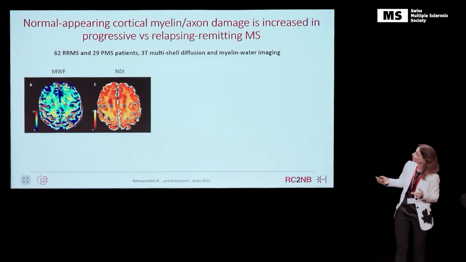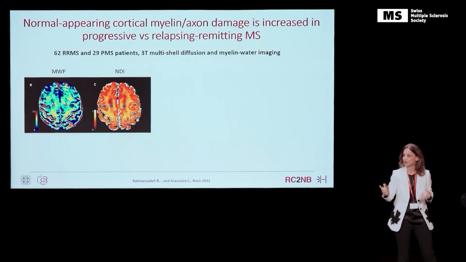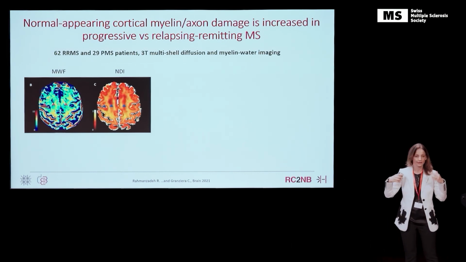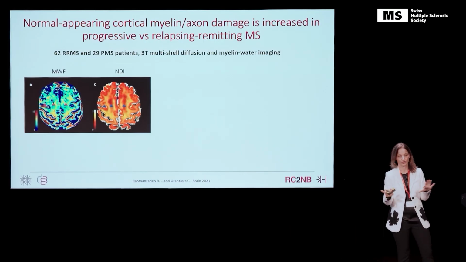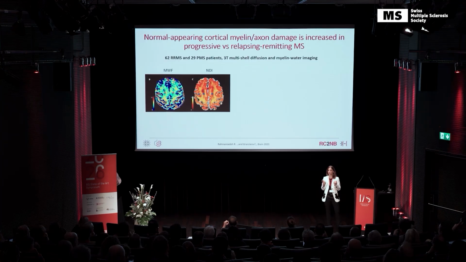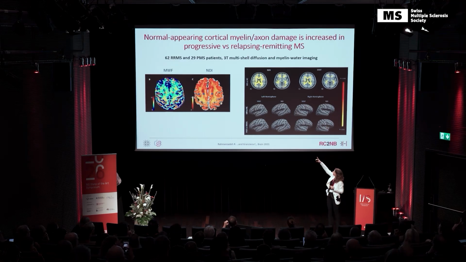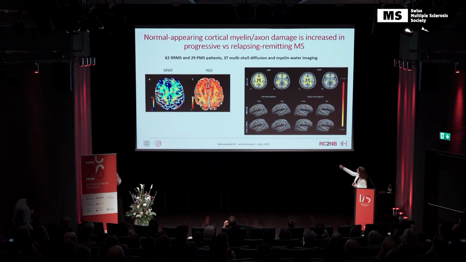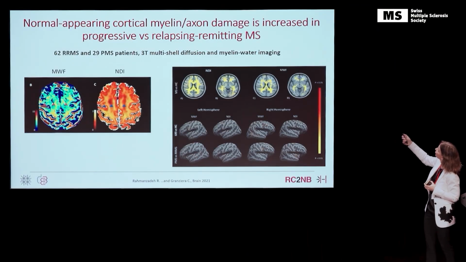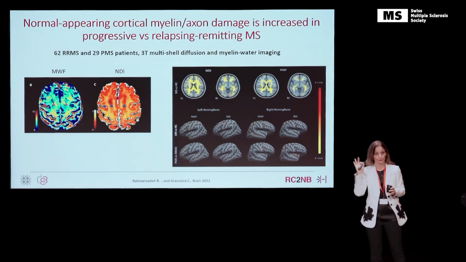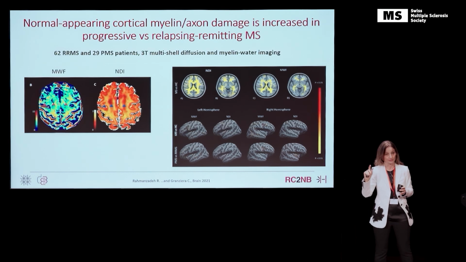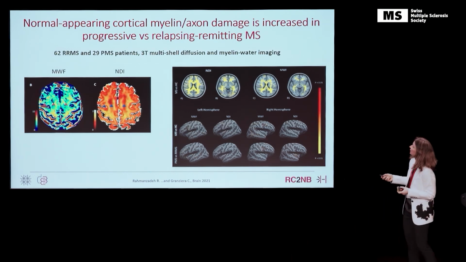And then I would like to show you a bit of normal appearing tissue. Again, these 2 maps, myelin water fraction and NDI, again a subgroup of the SMSC. This is tissue excluding lesions. We took away the lesions from the maps, both in gray and in white matter. And this is the result. So in white matter, of course, both. On the top there, you see the statistical maps showing you the differences between patients and controls in white matter. They're different, and that's it. But we didn't find any differences between progressive and relapsing remitting patients. Nothing in the white matter. We did find this in the gray matter.